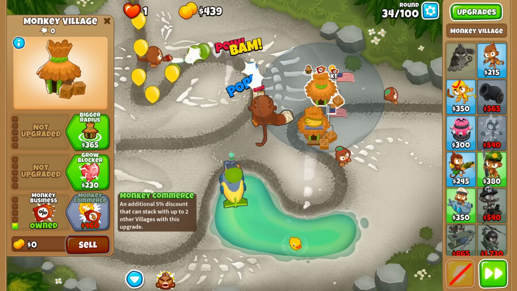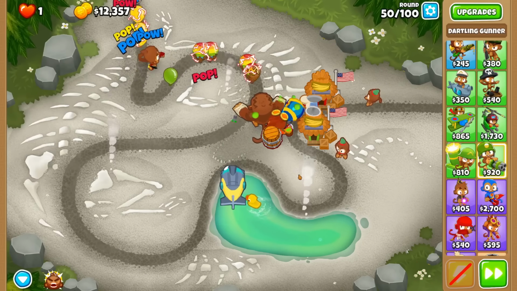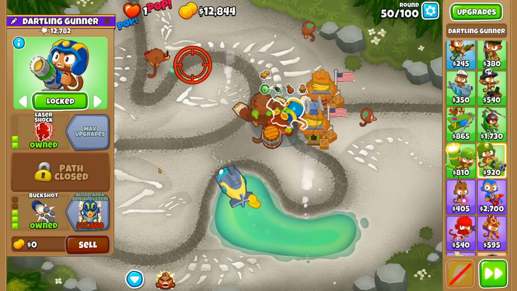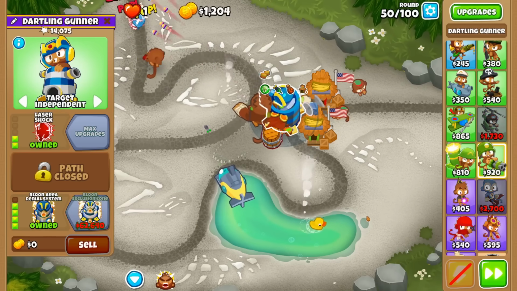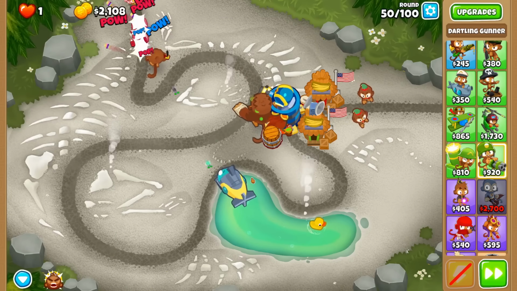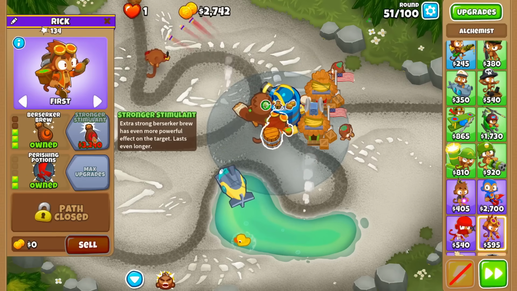Apparently I wanted a tough early game, but with these discounts we quickly got a 203 Dartling Gunner and a 320 Alchemist up and running. This carried until we could afford the bads, and he was instantly set to target independent, so we never had to micro him again. Normally I would turn our 0-2-2 village into a MIB, but that was not the point